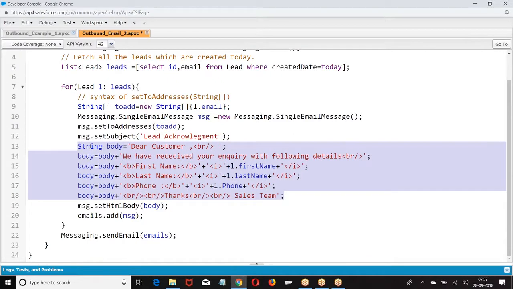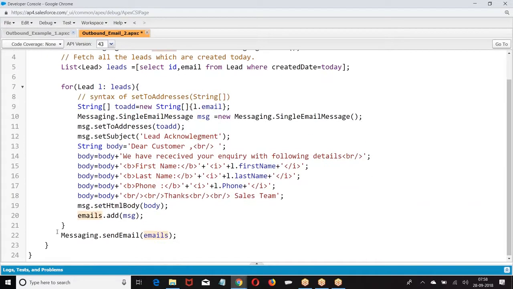Then add that to a list. Lead 2, this is your email address. This is the body that you are going to receive. Lead 3, this is your email address. This is the body that you are going to receive. Then I have created and added them to the list of leads.